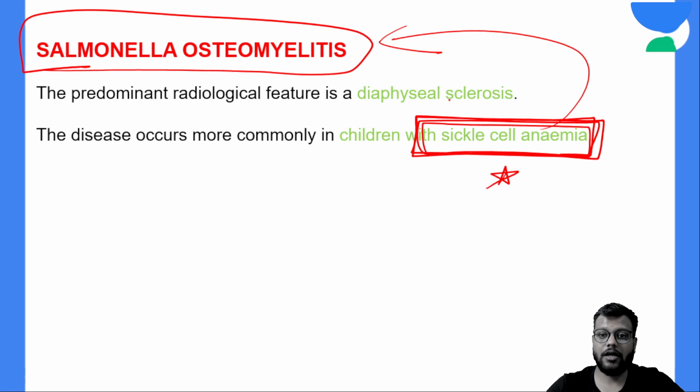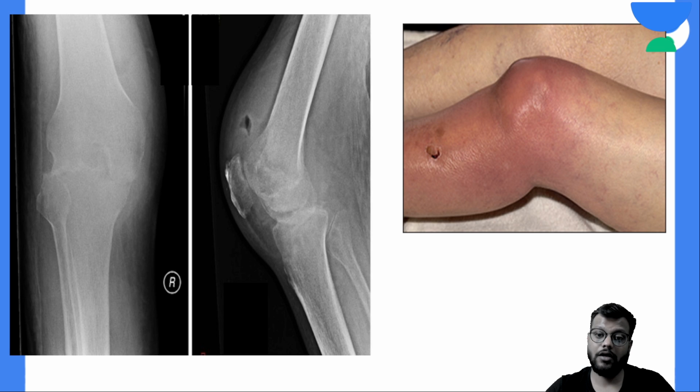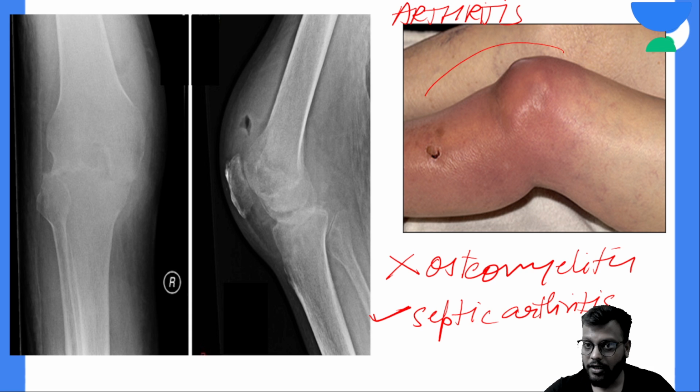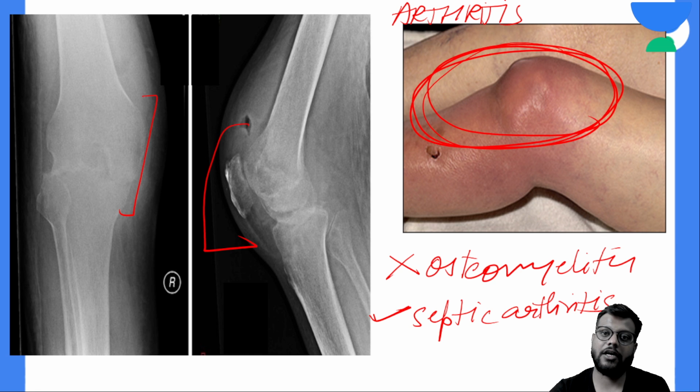Now what is this? Remember, this is not osteomyelitis. This is your septic arthritis. Okay, this is your septic arthritis, because in the clinical picture also you can very easily see joint में classical signs of inflammation, and in the x-ray also you can see that the joint जो है यहाँ पे you have the pathology, reduced space है ना, and sclerosis etc. So this is your arthritis, not osteomyelitis. So read the question carefully, see the images very carefully, and you will be